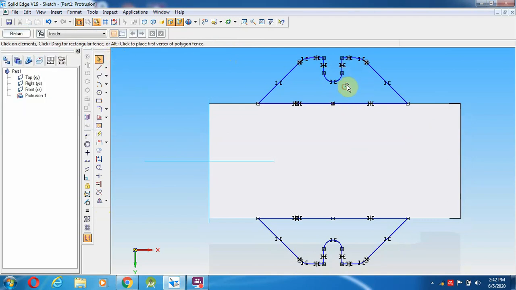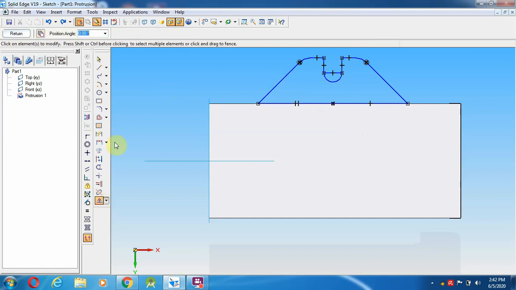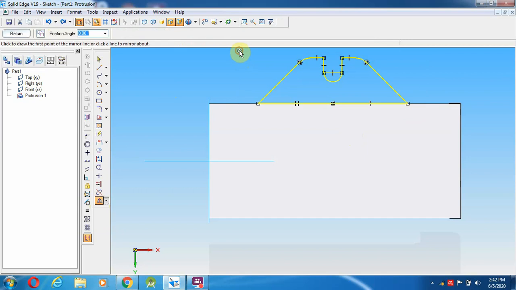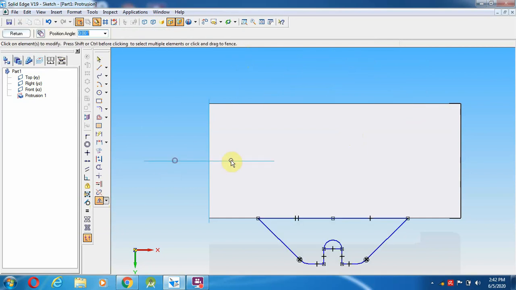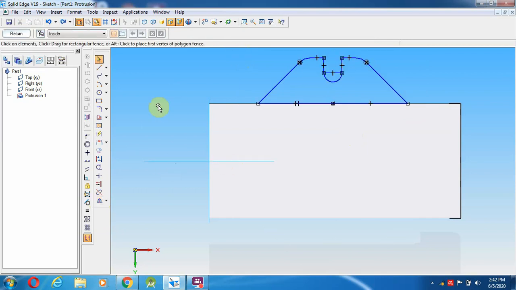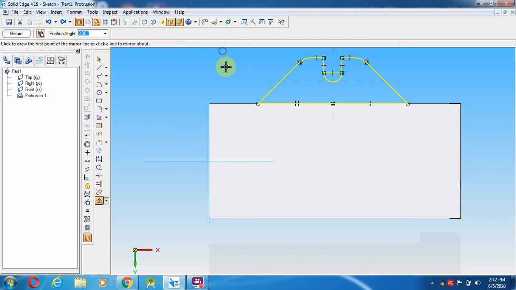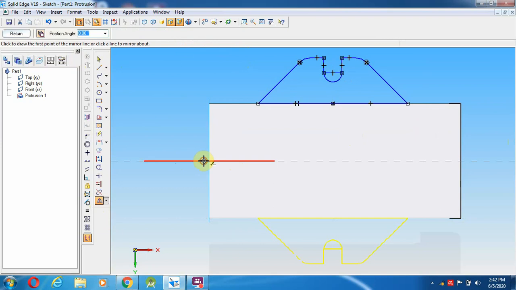So here what happens, the lines have to be copied. Okay, so I am going to select mirror without copy. Trying the original entity, it has to be moved over here. So select mirror with copy. So the entire thing I am going to move over according to this plane.